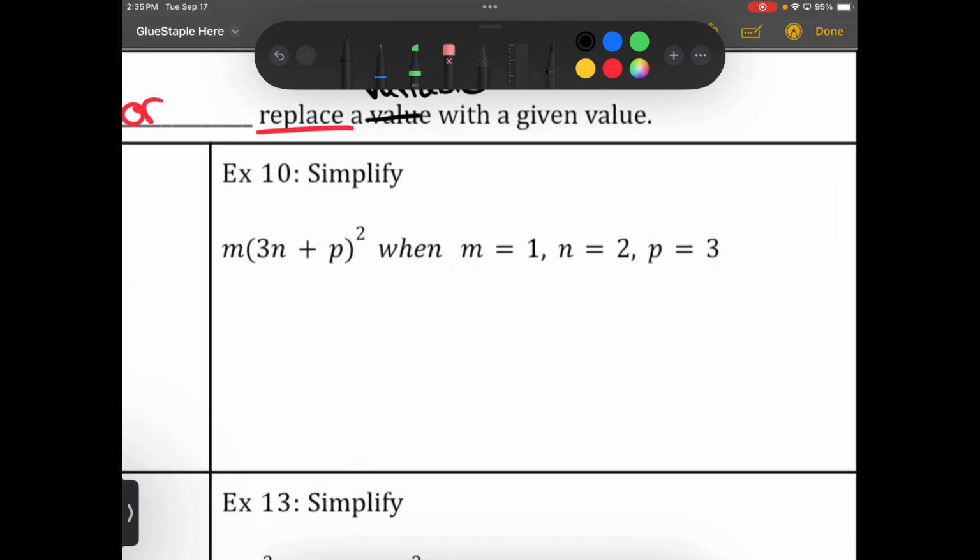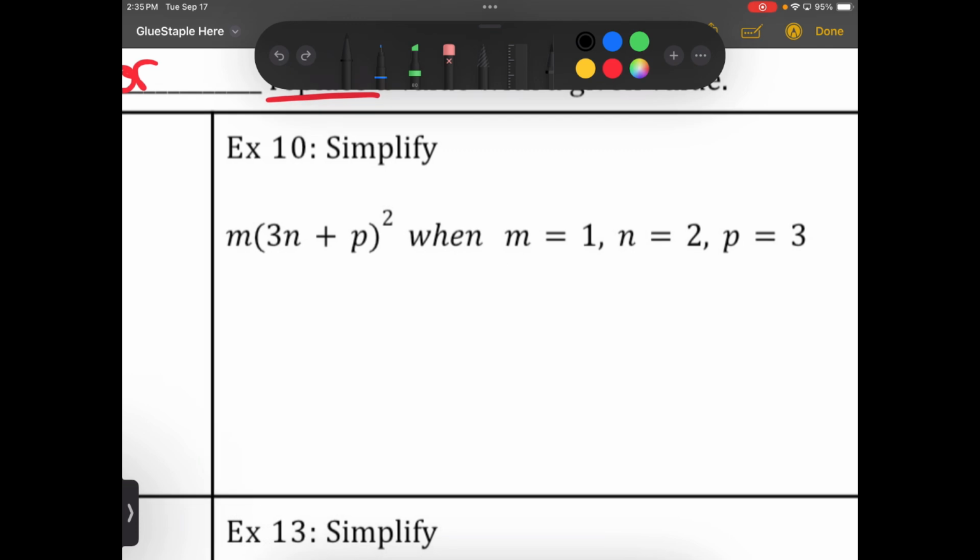All right, let's look at example number 10. So this one says m times the sum of 3n plus p squared when m equals 1, n equals 2, p equals 3. So what am I going to do for these three variables when I see them in my expression? I'm going to plug them in. So m is what? 1 times 3. And 3 is being multiplied to what number? 2 plus p, which is what? 3